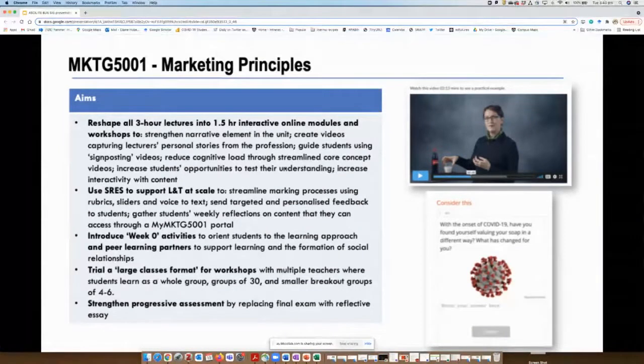So for example, this used to be taught in tutorials of 25, so one teacher of 25. I think there were around 500 students in this marketing unit, and so there were around 20 tutorials each week. But by moving into a 90-seat space, with 3 teachers, we went up a little bit in our staff-student ratio from 25 to 30 to 1, but then we had 90 students with 3, and we were able to do much more in terms of actually getting all the students through the tutorials